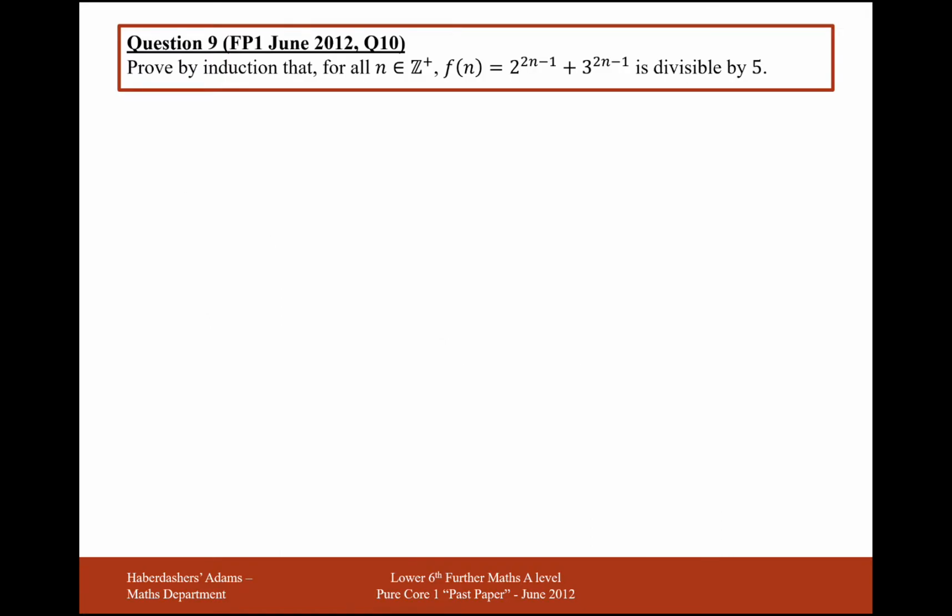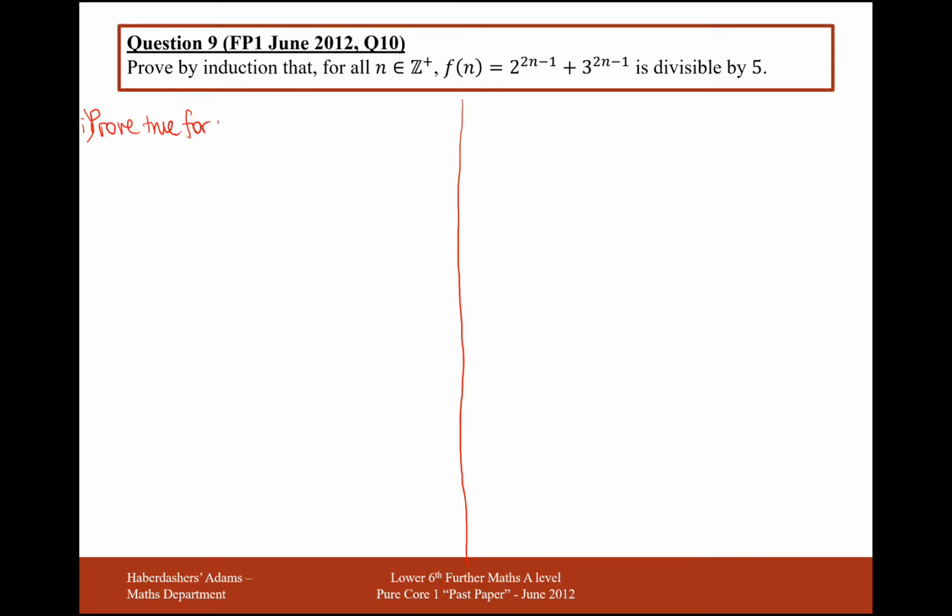We are looking at my favourite proof by induction, question 9 here. We're looking to prove that for all positive integers, this expression here is divisible by 5. So what we need here is lots of space to start with, and we need to start at the same place we need to start at for all proof by induction questions: to prove true